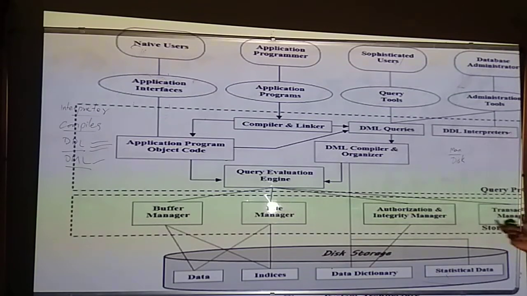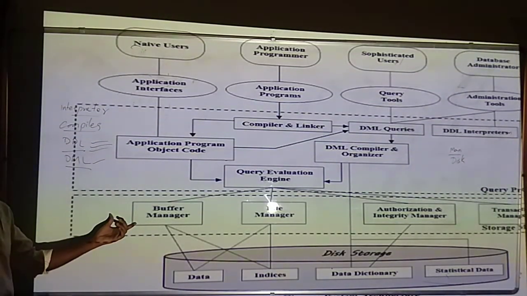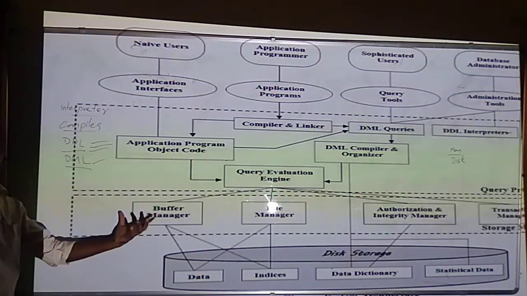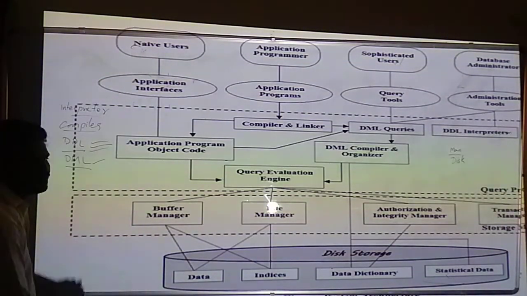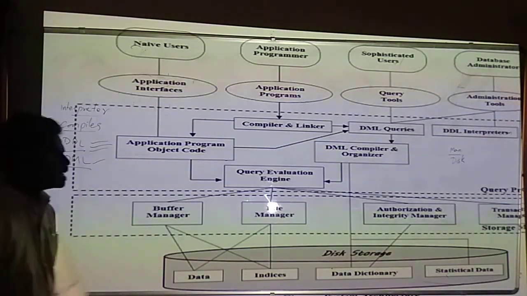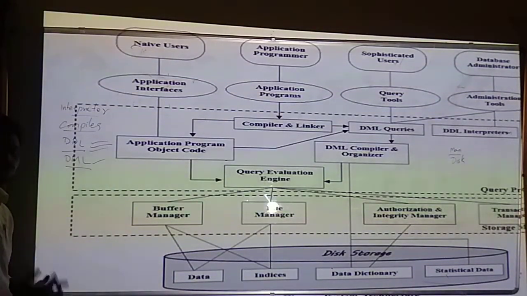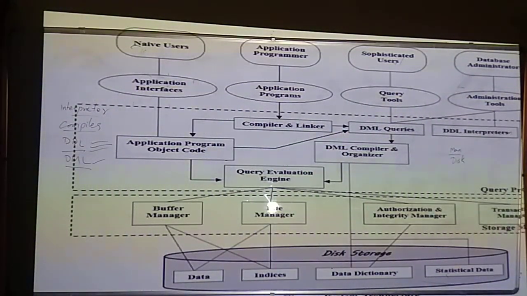Now let me discuss them one by one. First, the buffer manager. As we have discussed, we will not have enough space in the main memory, so we need to transmit the data from disk to main memory. That will be done by your buffer manager, which is a part of your storage manager. That is what the buffer manager is. We take the data from your disk and transmit it into your main memory. And the file manager stores a lot of files on our disk. We need to search for them, retrieve the data, and provide it in the user's view. That is what we do by using a storage manager.